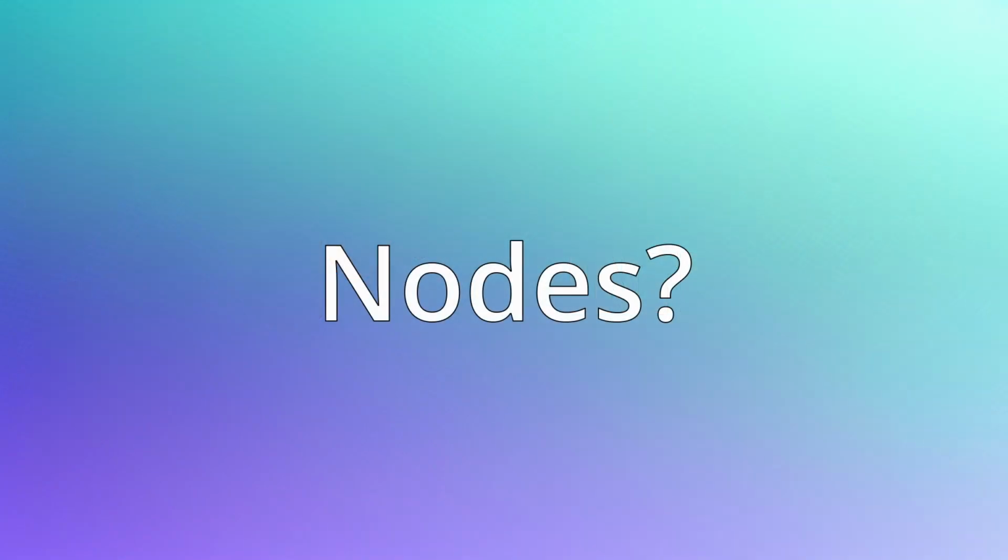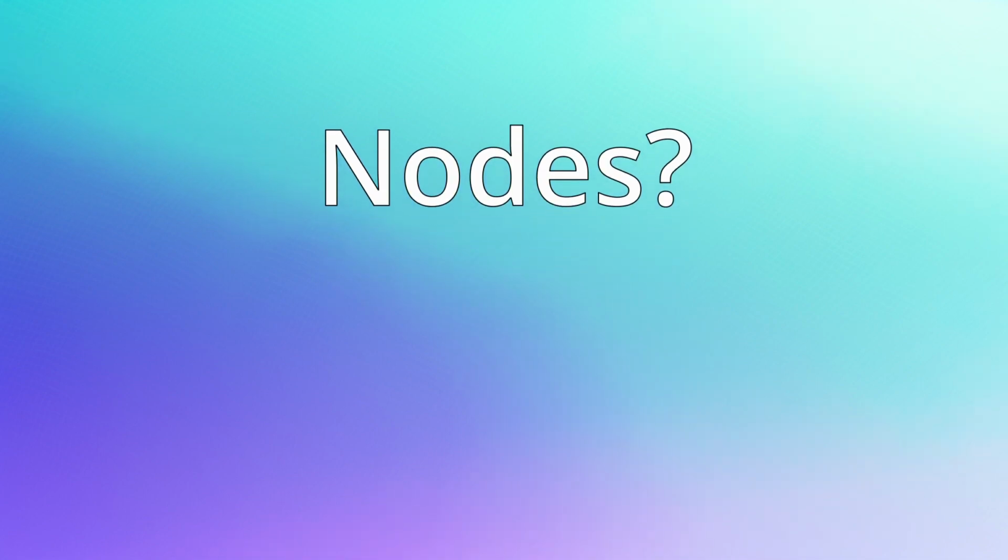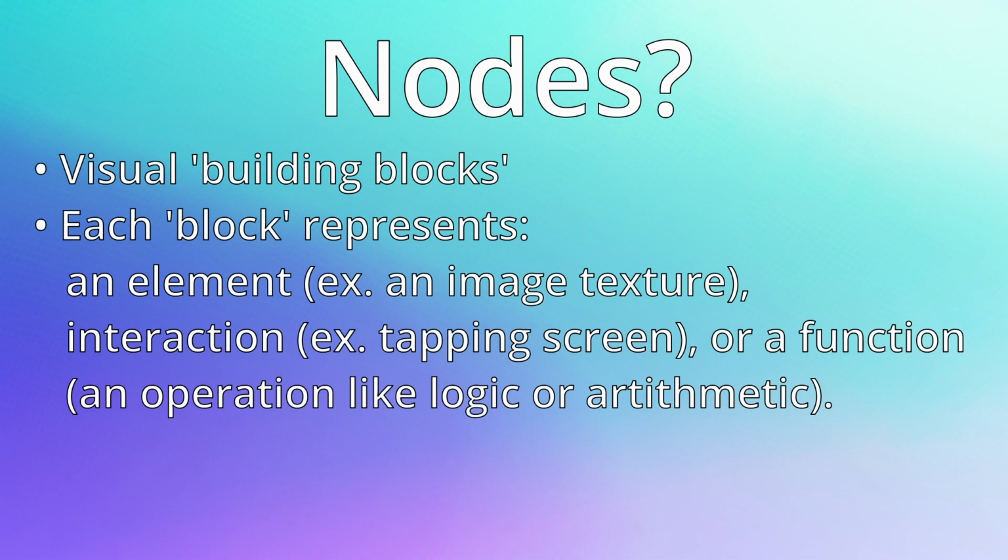What are nodes? Well, in both Spark and EffectHouse, nodes are fundamental building blocks used to design and create interactive effects. They function as a visual programming element that represent various functions or operations, like image manipulation, 3D object transformation, user interaction like tapping on the screen, or complex animations. They're basically and literally representation of blocks of code that let us skirt around having to actually type out